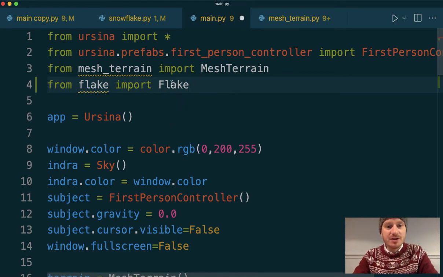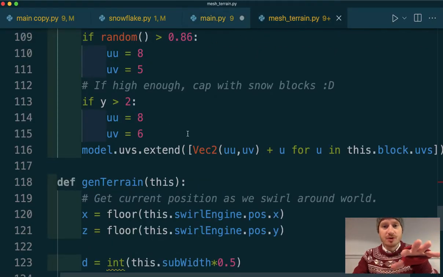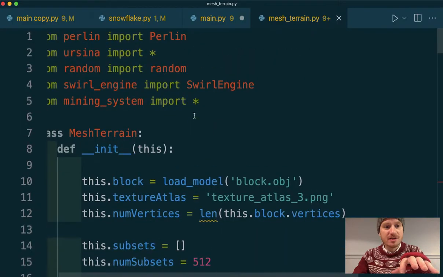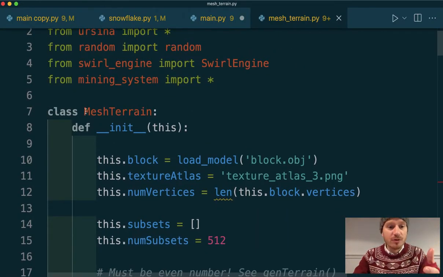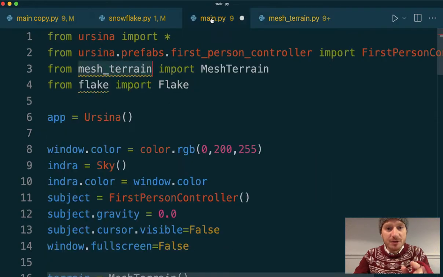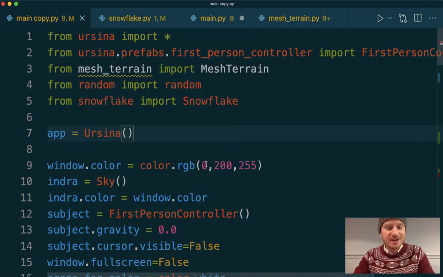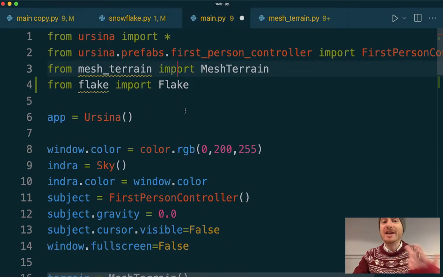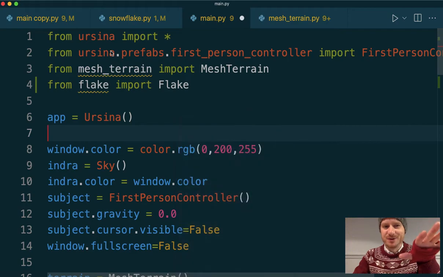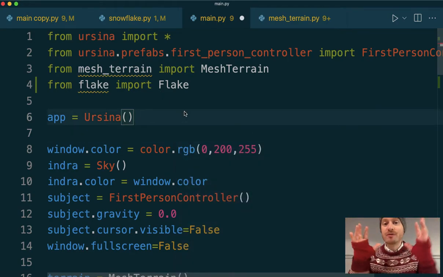So it's very similar to where we said from mesh terrain, that's from this mesh terrain module, I want to import the name of the class, which is a new kind of object which we wrote, called the mesh terrain. So back in our main module, we say from mesh terrain import MeshTerrain, which is this object here. So we're going to create our own snowflake or flake module and our own, whoops, I'm in the wrong file, there we go, our own flake class. Sorry, in my prepared code I called it snowflake. In our real code I'm going to call it flake, so I don't get mixed up. Anyway,